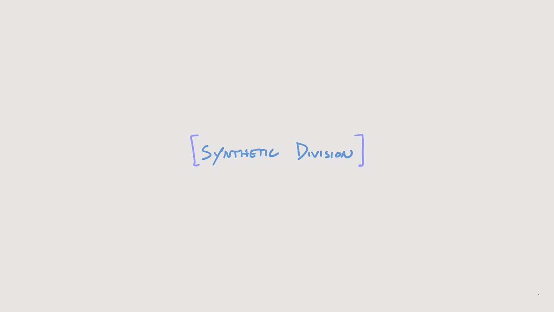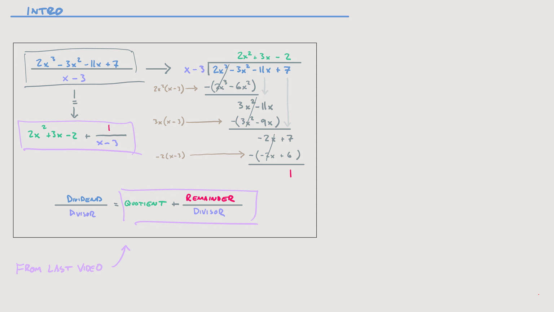Today I'm going to teach you guys a shortcut for long division that's called synthetic division. We are not going to use this strategy for all types of polynomial division. I'm going to just teach you how to do it on specific types. But if you remember from the last video, this is one of the situations where we actually can use synthetic division. So let's keep this on the screen here so that we can compare the two methods,